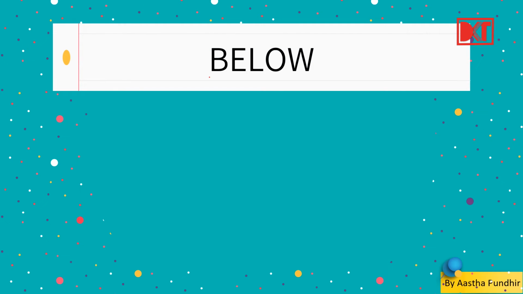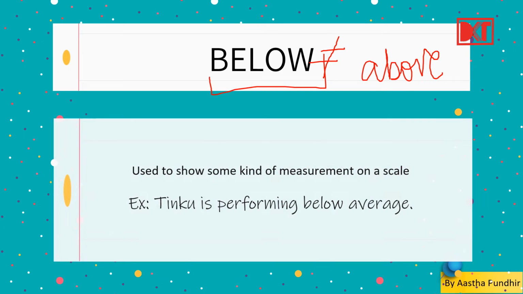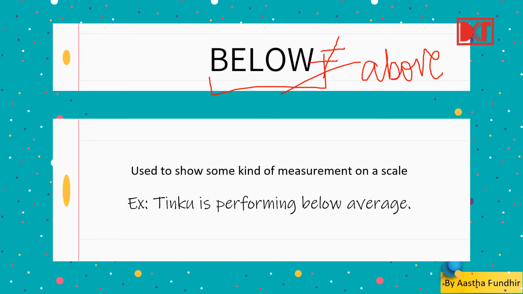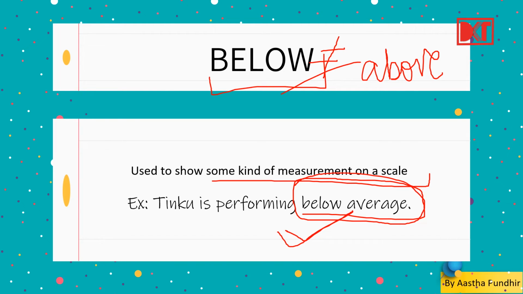So the next preposition is below. It is the antonym of above. So above जहाँ यूज हो रहा था उसके opposite यूज होगा below. It is used to show some kind of measurement on a scale. जैसे चिंकू is performing below average. हमने पहले किया था above average, जब prices हैं above average चल रहे हैं, पर अब below average, जब average से कम है prices या कम है यहाँ पे क्या